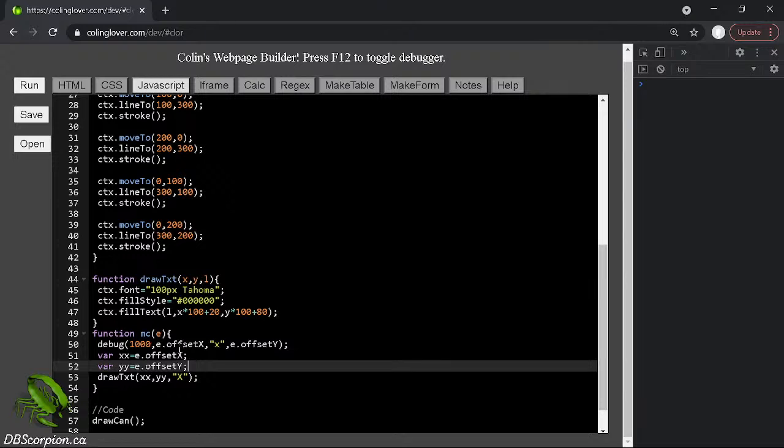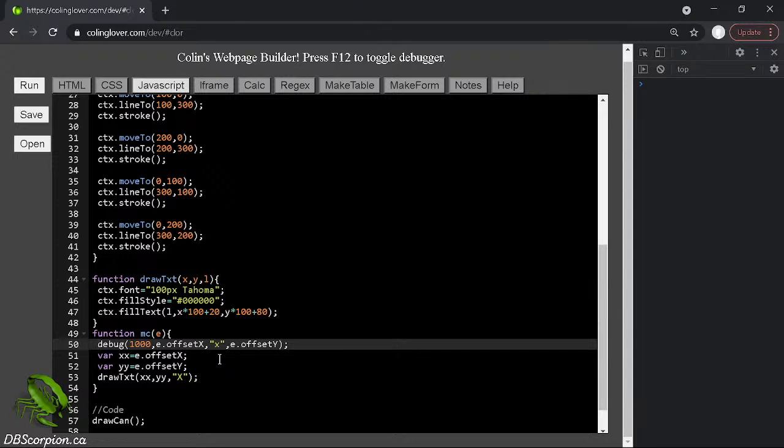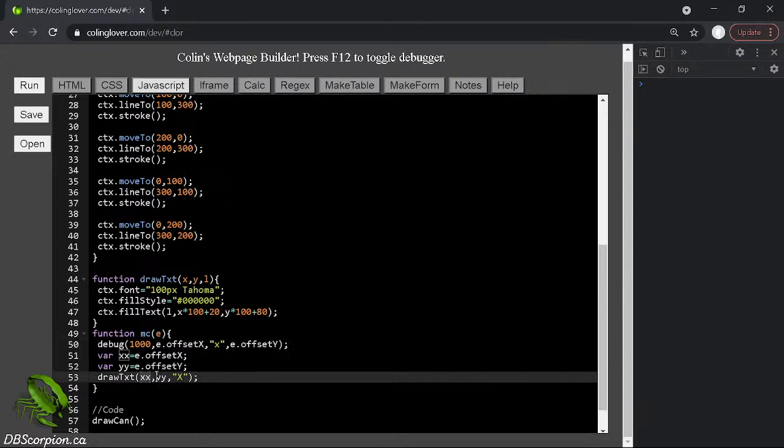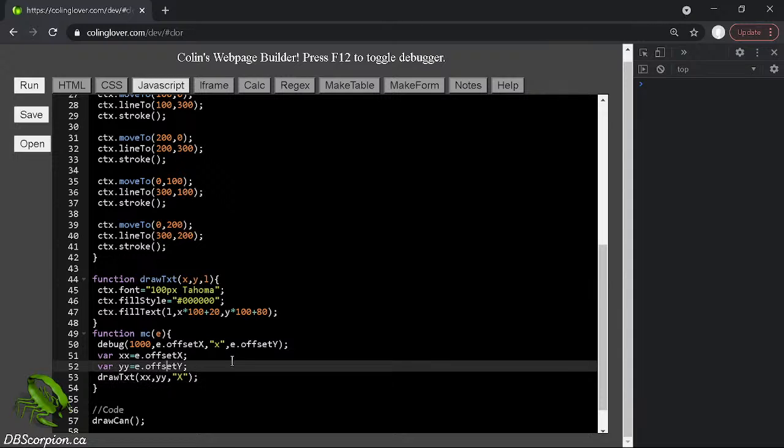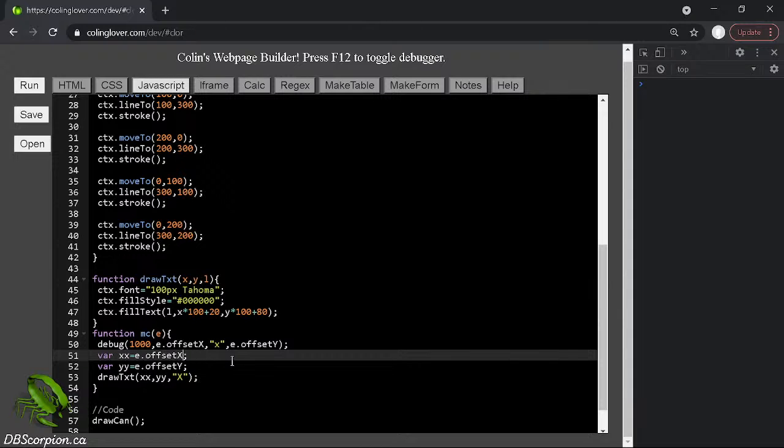Why did it not work? Oh, yeah. Because these are supposed to be between 0 and 2. That's why it didn't work. When I put those actual numbers in, it's showing up somewhere else. So we need to make those